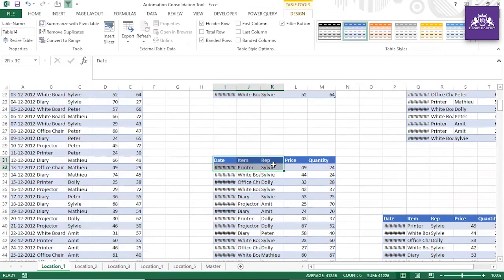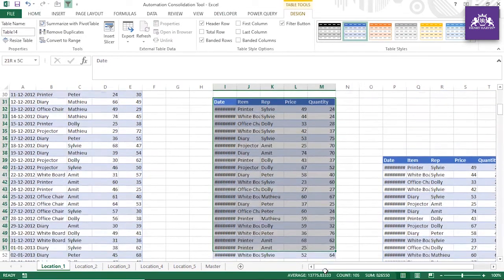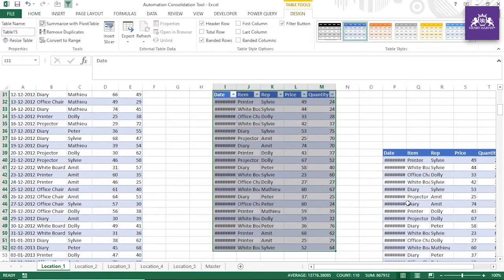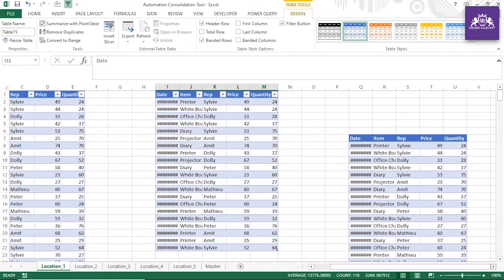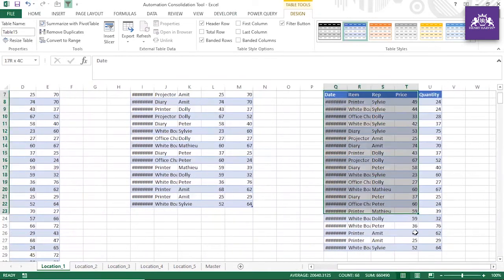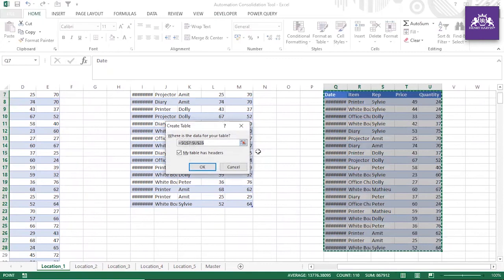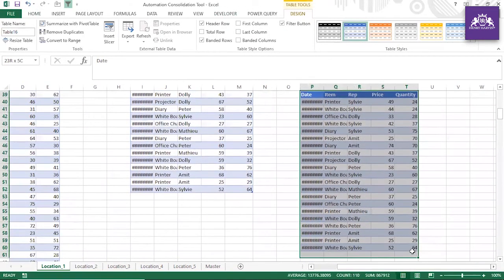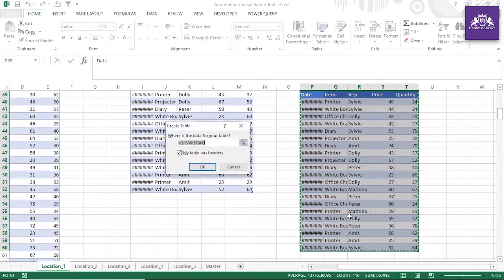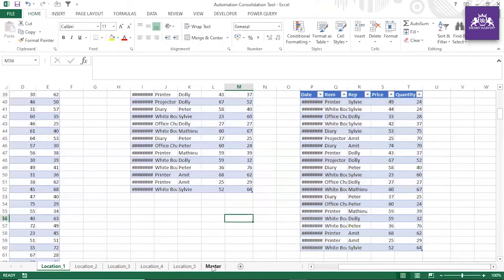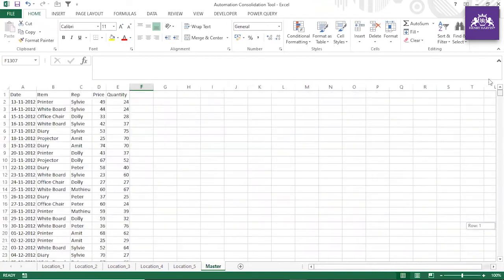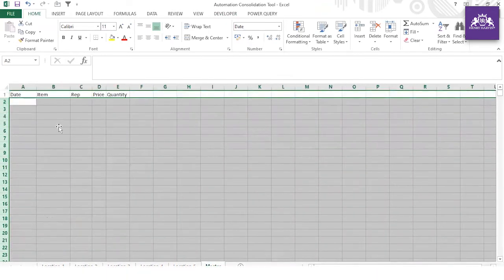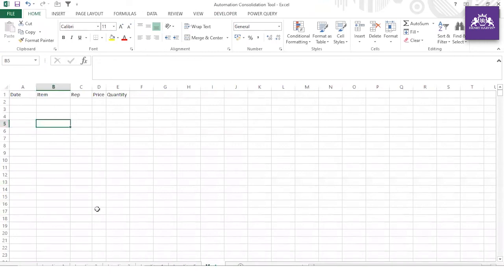All right. And now if you just see this, Control T, this is also a table now. All right. Okay. And now if I show you, this is also a table. Control T, table. And now if I show you this also, we convert that into a table. Control T. So now you know that our data is located in the master sheet. Let me delete the data, and again we have to go to location 1